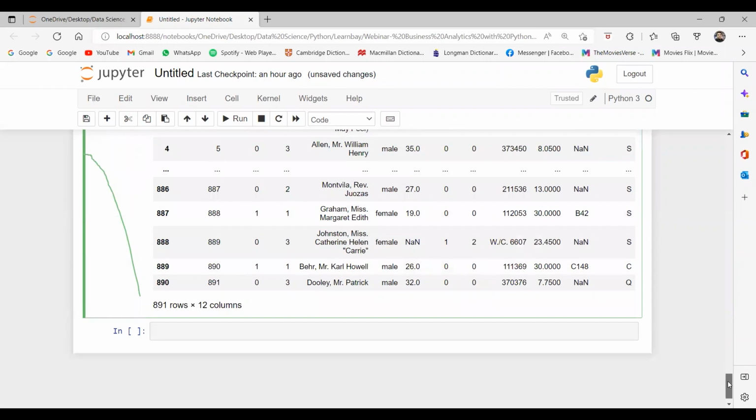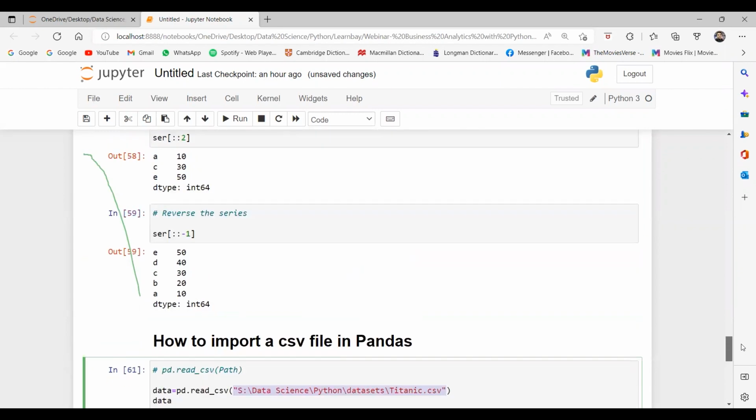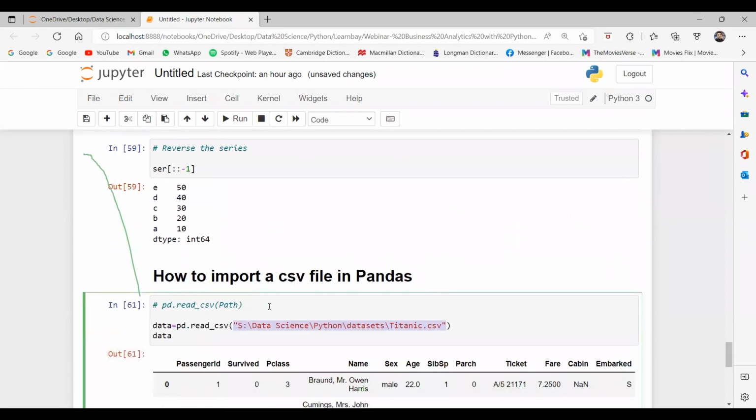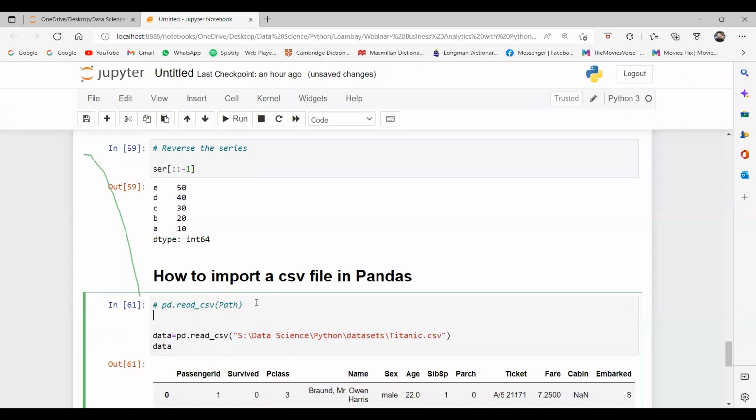So you can import an Excel file as well. To import an Excel file, we use the pd.read_excel function, and here you give the path. Fine, guys.